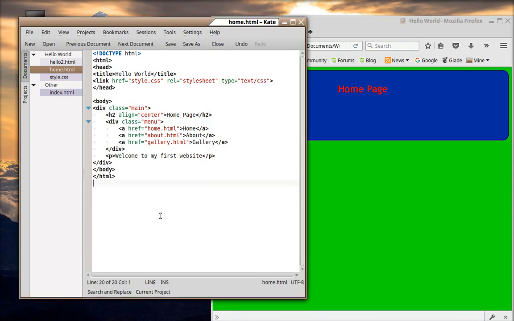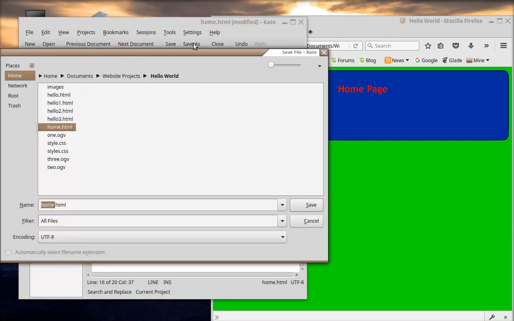So the fastest way to do that is, that's home, welcome to my website, or something like that. Then this will be the about the website. This website is about websites, or something. You write what you like in here, just something that distinguishes each one so you can keep track of it. Now we need to do a save as, and this time we will call it about,